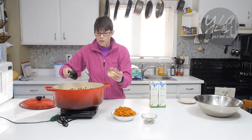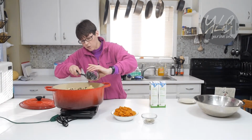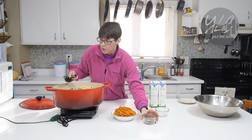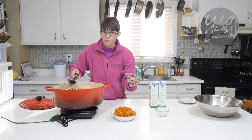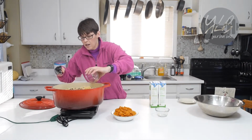And I'm going to add my garlic. Now I did not decide to saute this with everything else just because the garlic has a tendency to burn when you do that. So I'm actually putting it in later. And the thyme, the pepper, and the bay leaf,